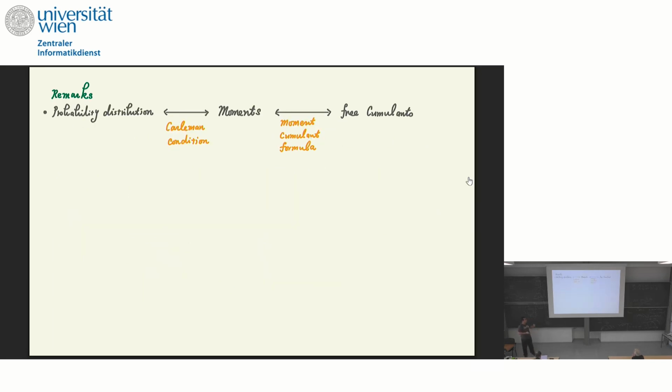The important thing is, usually when we try to understand a probability distribution, we try to use the moments to describe it. Since we have something called the Carleman condition, it's guaranteed that the moments can describe the distribution. In many cases, of course, not for all distributions. But moments and cumulants have a really good relation, so as long as you know the cumulant relation, it's enough to determine the distribution. Okay, so it's the moment-cumulant formula,